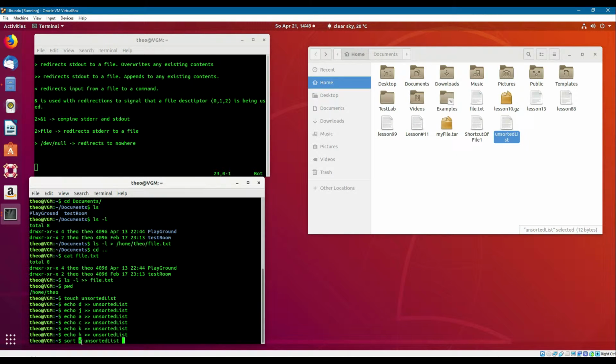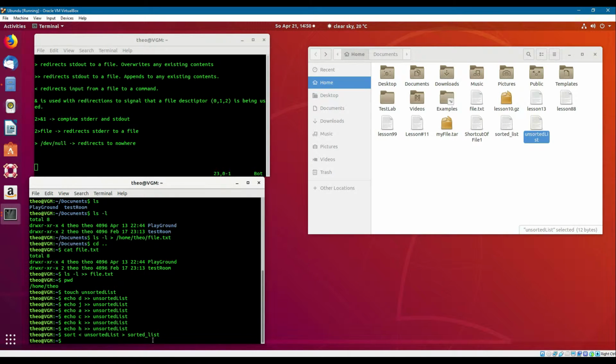I do a redirection to a command. So it is exactly as if I had written, for example, sort and this list. It is the same command, but I can also combine it with this. I can sort the list,